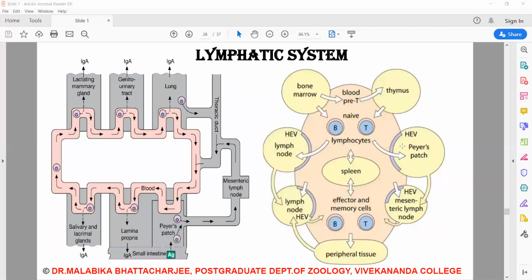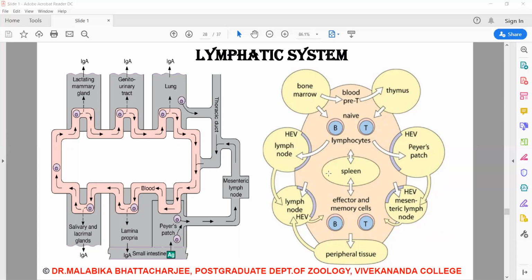Now coming on to one important part before moving into the secondary lymphoid organs, the lymphatics. The lymphatics are very important because it is through the medium of lymph that the lymphocytes move. They come out of the blood, they get into the blood. So it's a medium: from blood, they come into the lymph, and through the lymph they move.